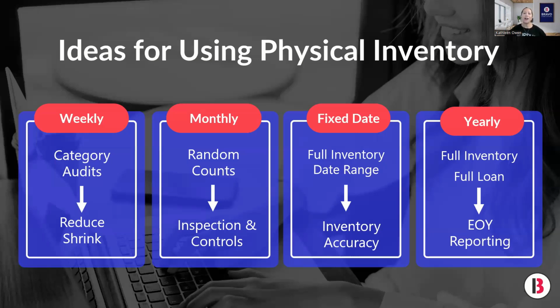Next, we have a fixed date, or what I like to think of as quarterly audits. This reviews a set date range to ensure inventory accuracy. And since you're only checking items that hit inventory within that quarter, it's much smaller than a full inventory. It also helps prevent the end of year rush and helps you stay on top of any discrepancies before they